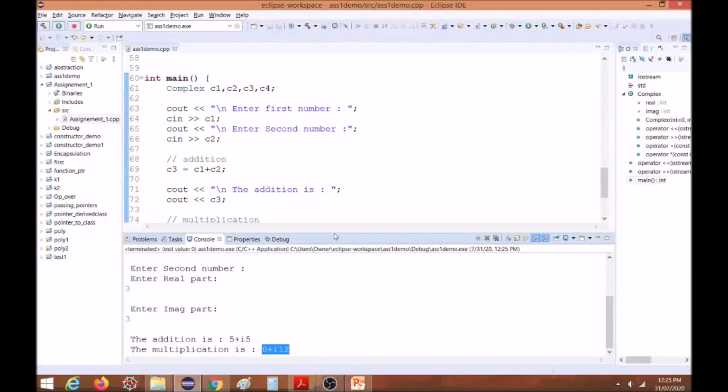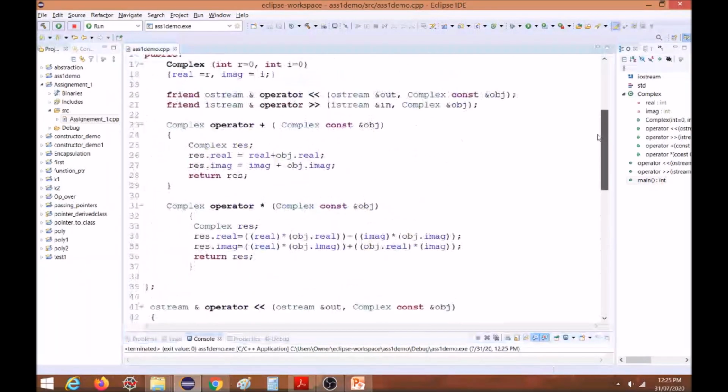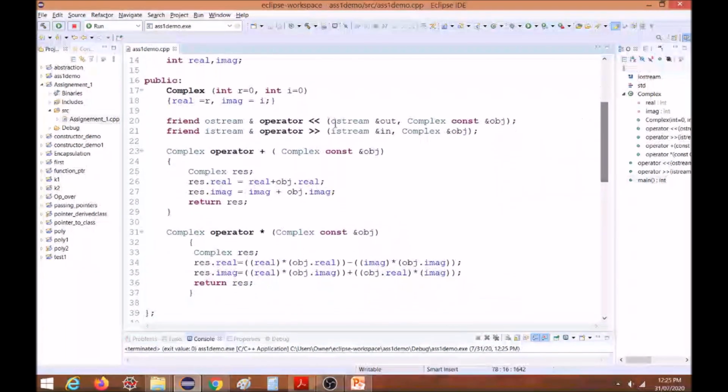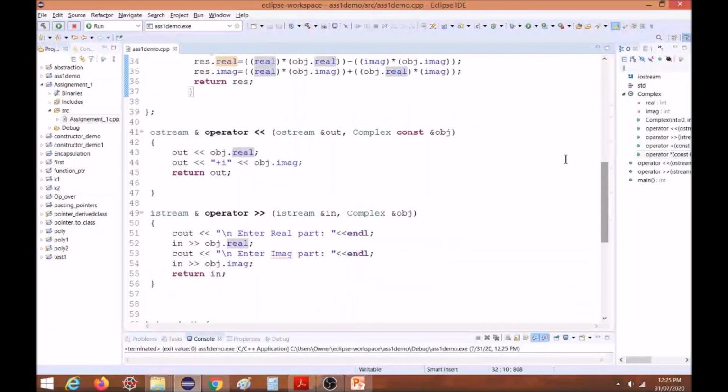So we are done with the first assignment. Let us revise quickly what we have done. We have written 4 functions. The first is to add the complex numbers. Just observe this. Okay, this is for multiplying the complex numbers. These two are the member functions of the complex class. The stream insertion and extraction operator functions we are writing outside the class and making them friends of the complex class.